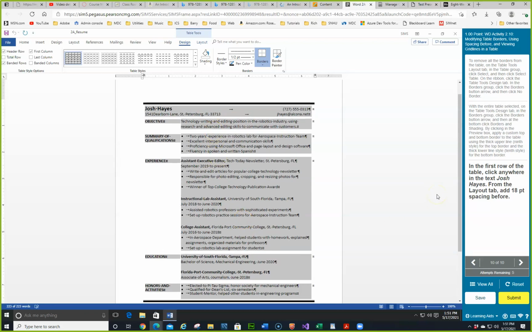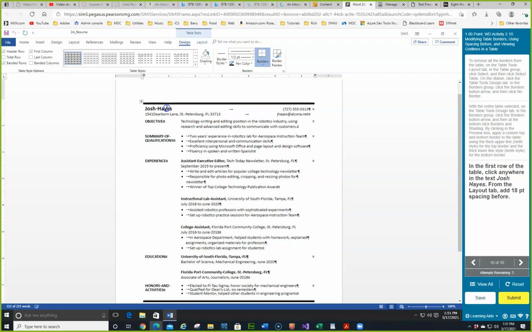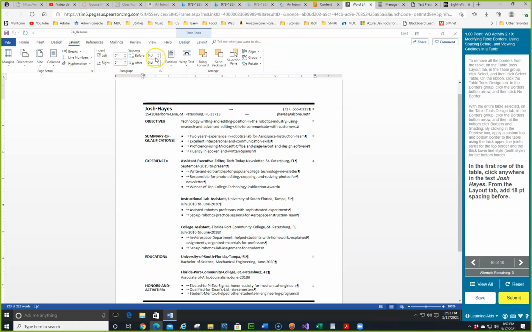In the first row of the table, click anywhere in the text, Josh Hayes. So we'll click anywhere in the text. Now, one thing you need to be very cautious of: if this is selected and you hit a key, it will all disappear. So be very careful of that. So I'm going to click here and we're good. And then we want to add 18-point spacing before. So we'll go to the Layout tab and we'll do 18-point